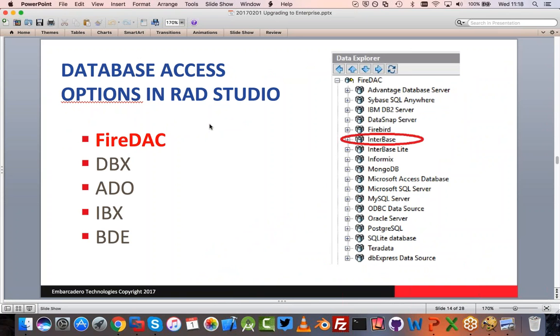Another reason why you want to go for the enterprise version is the full functionality of FireDAC. This is how the Data Explorer looks in the enterprise edition of RAD Studio. You see all of the supported databases, including some high-end databases like Oracle, like SQL Server, like IBM DB2 and other